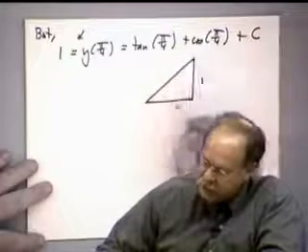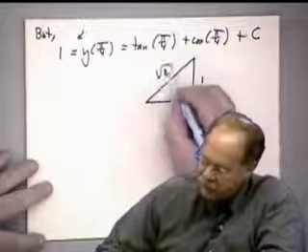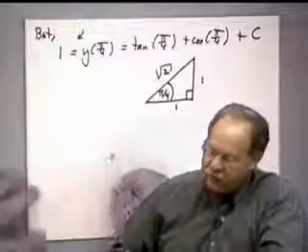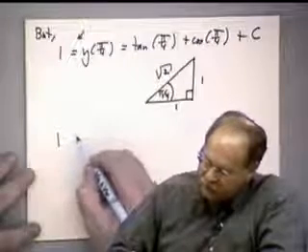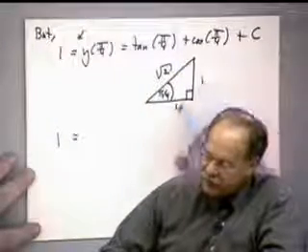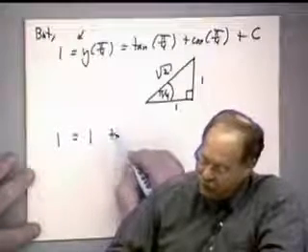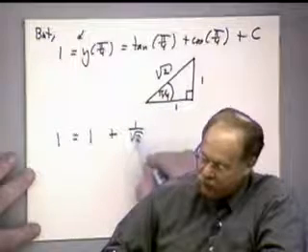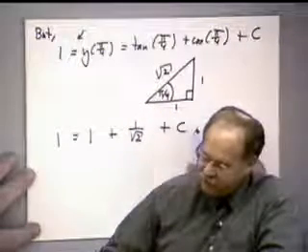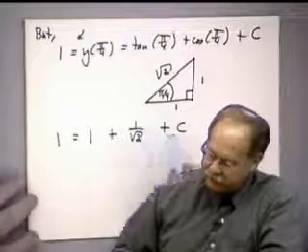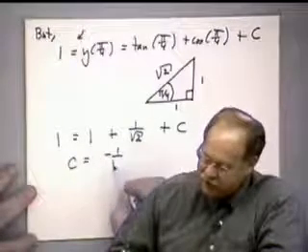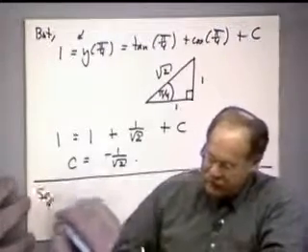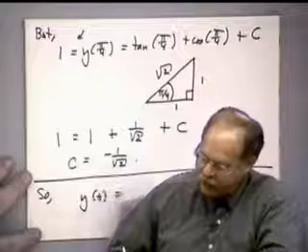Remember, we can take a 1 by 1 right triangle. That makes this square root of 2. Each one of these other angles, other than the right angle, is pi over 4. So I can see that what I have here is 1 equals tangent of pi over 4, which is opposite over adjacent. That's going to be 1. Plus the cosine of pi over 4, which is the adjacent over the hypotenuse, 1 over square root of 2. And then I have the plus c. So from all of this, the 1's cancel. C is going to be equal to minus 1 over square root of 2. So having c and having the form for y of t, I can now write y of t